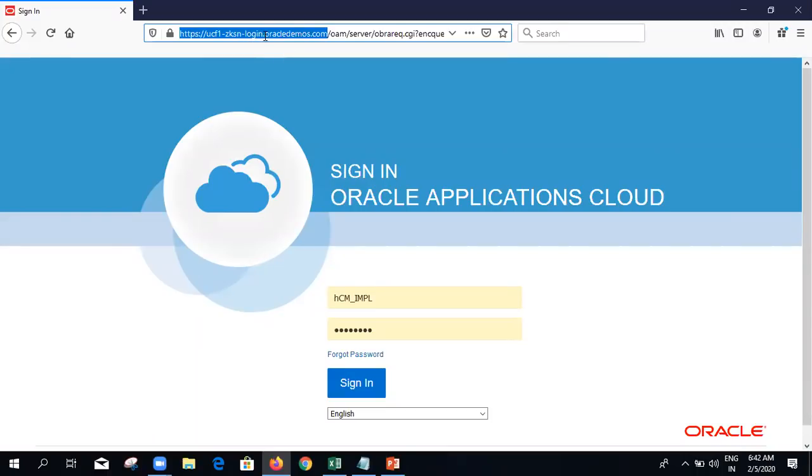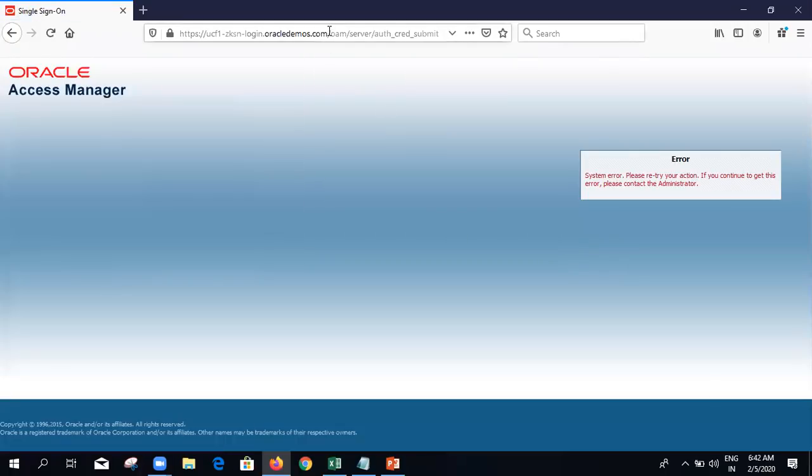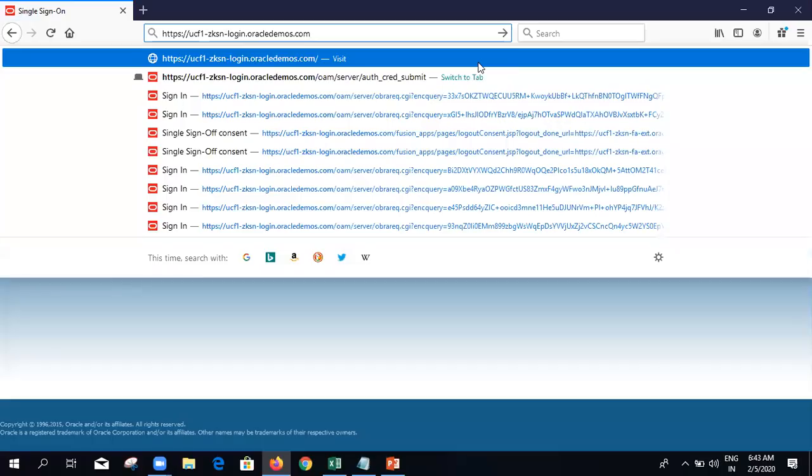So they will get this URL link with the user ID and the password. We have to give the username and the password here and then click on sign in. Then you will be logged in to the application.